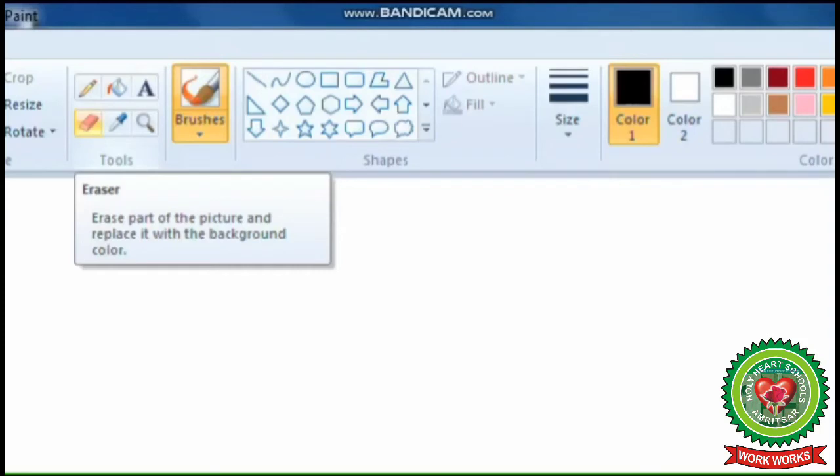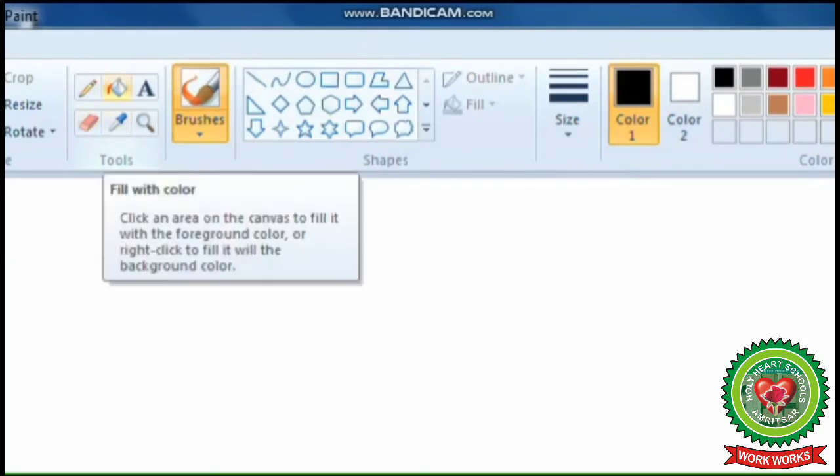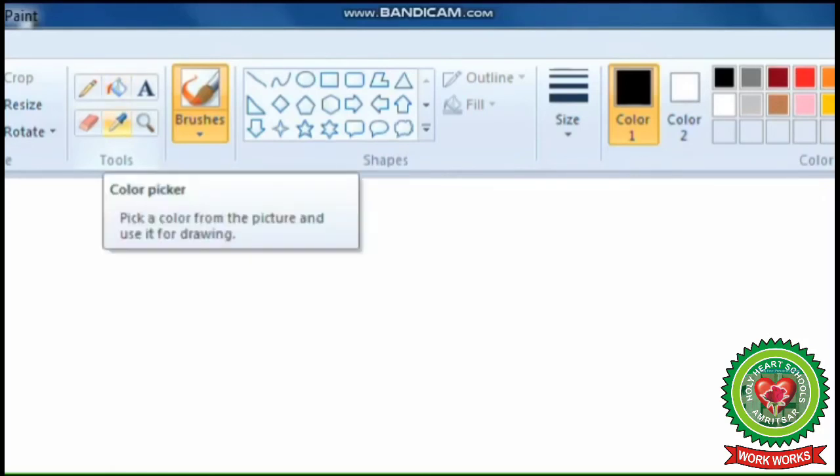Next is fill with color tool. This tool is used to fill colors in the shapes or in the pictures. After fill with color tool, the next is color picker tool. Color picker tool is used to pick a color from the picture and use it for the drawing.